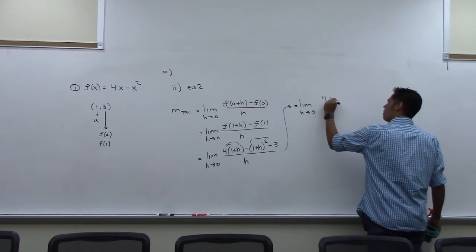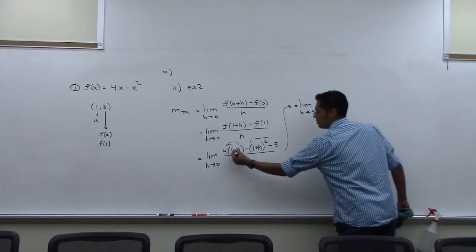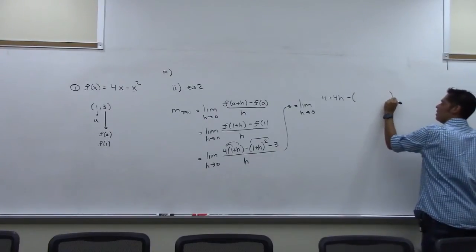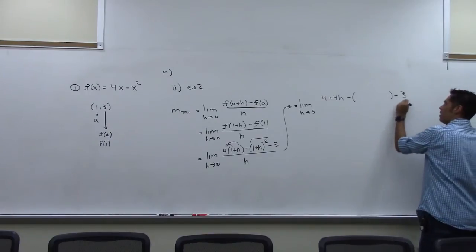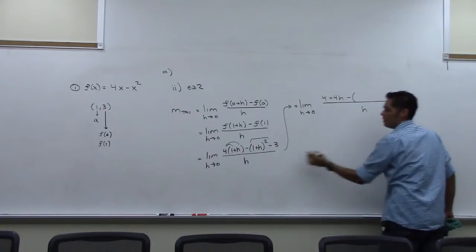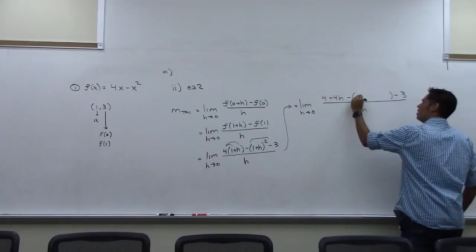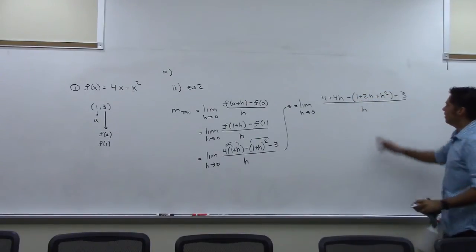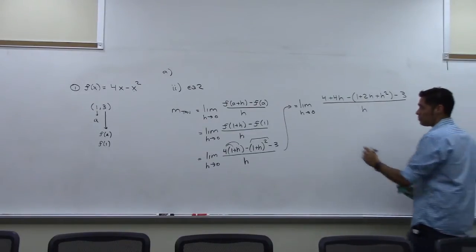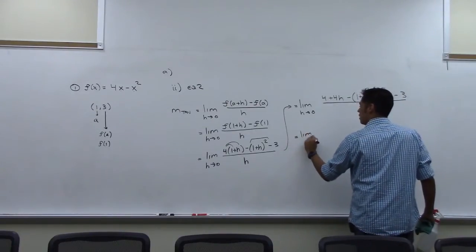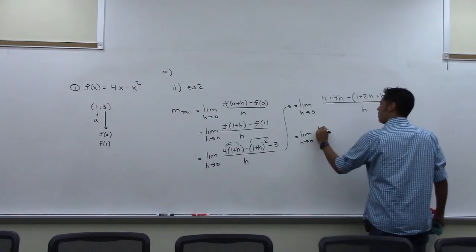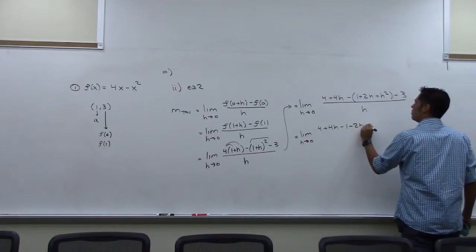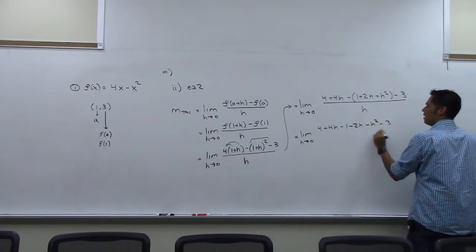So I should get 4 plus 4h. That's this. Then minus, I'll go ahead and expand it all first, and then I'll say minus 3. And all of this over h. So if you do 1 plus h times 1 plus h, you get 1 plus 2h plus h squared. But then we'll have to pass the negative through. So we get the limit as h goes to 0 of 4 plus 4h minus 1 minus 2h minus h squared minus 3